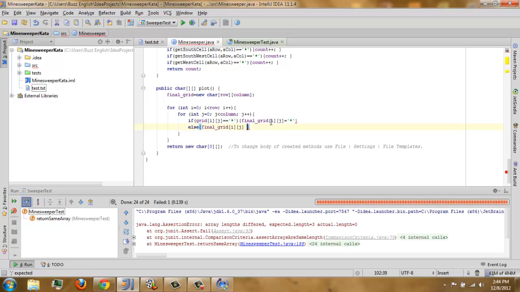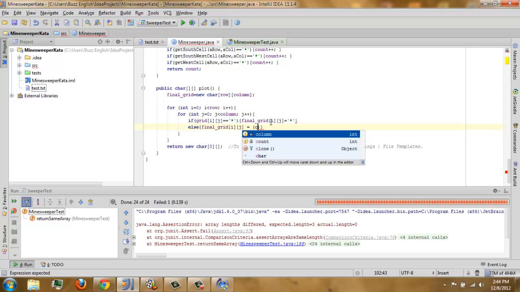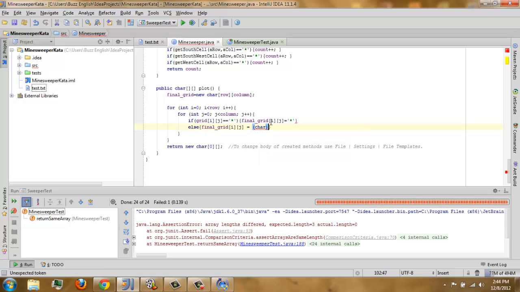Is equal to, so this time we are going to parse our count. We're gonna make a char. This is a shortcut for parsing our int into char. So evaluate neighbors ij plus character 0.